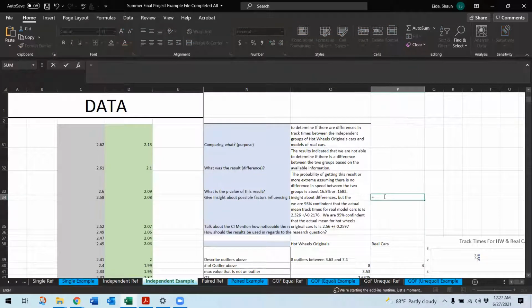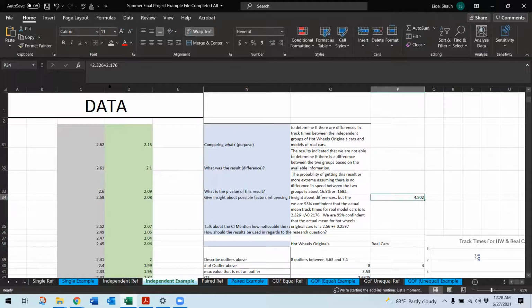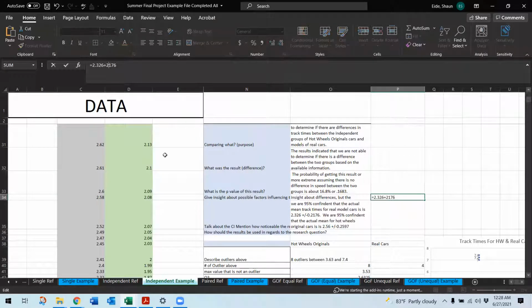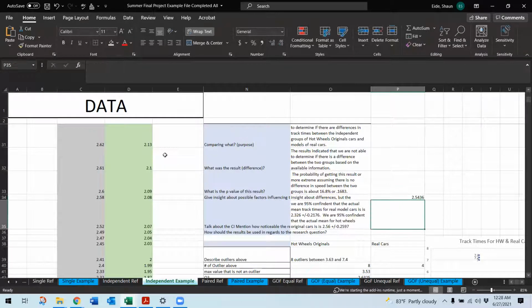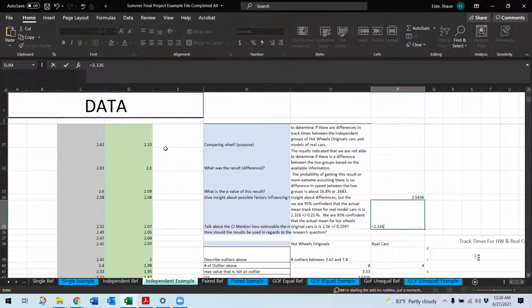So equals 2.326 plus 0.2176, not 2 point. There we go. And then we'll do equals